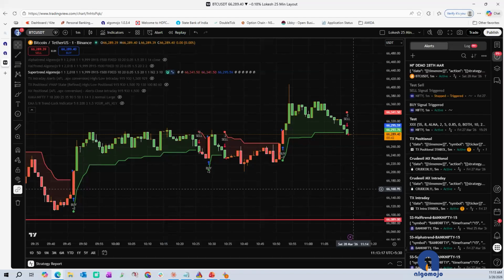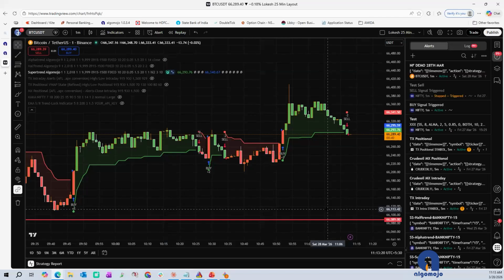Suppose you have a watch list of 50 stocks and you're running Supertrend, and at a point in time a signal could be generated in one or two symbols from that watch list. Say it is Yes Bank or HDFC or Reliance, you get signals on any of these instruments. Only those orders will get sent across from TradingView to Algomojo for execution,